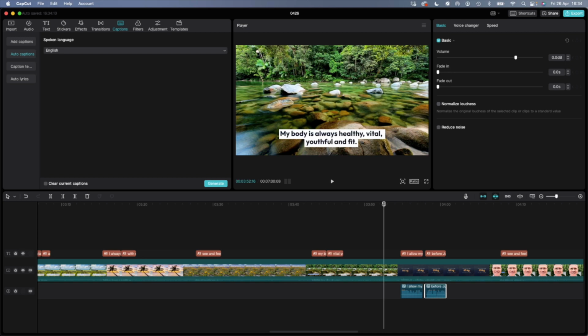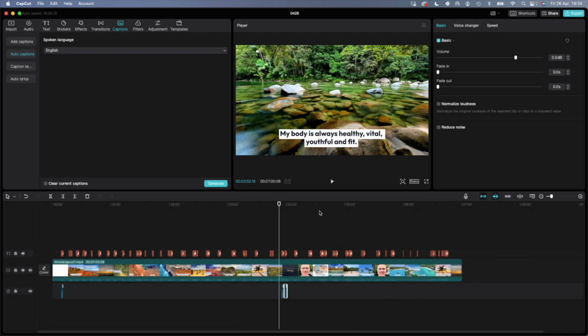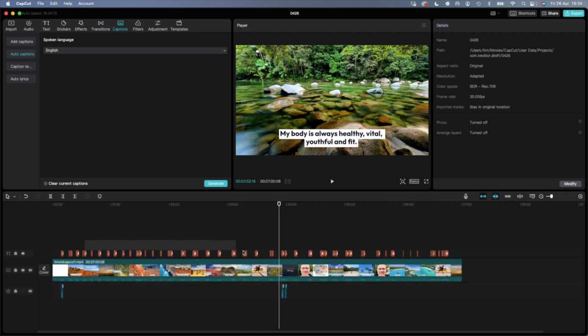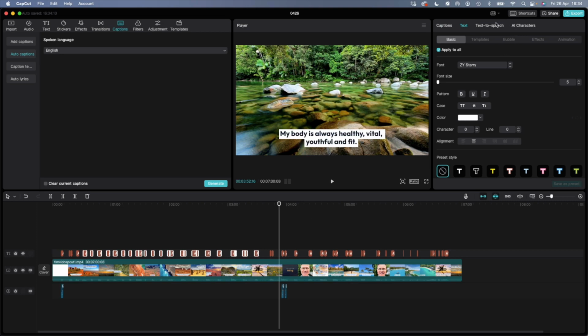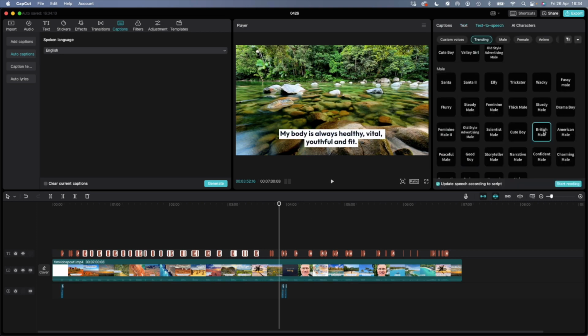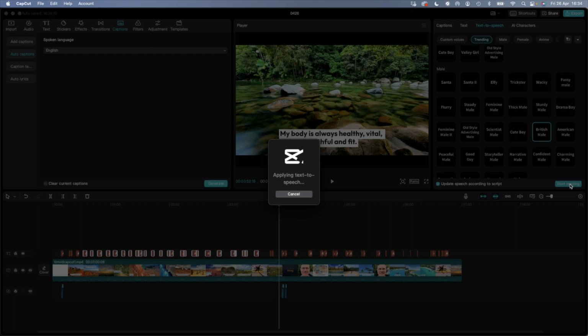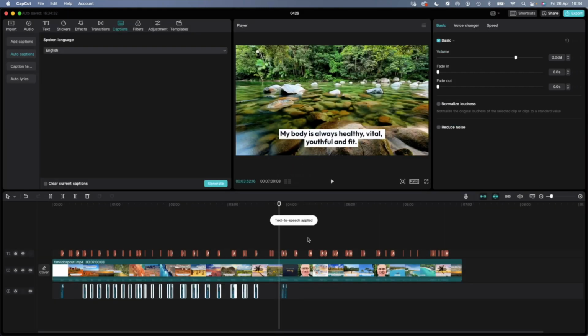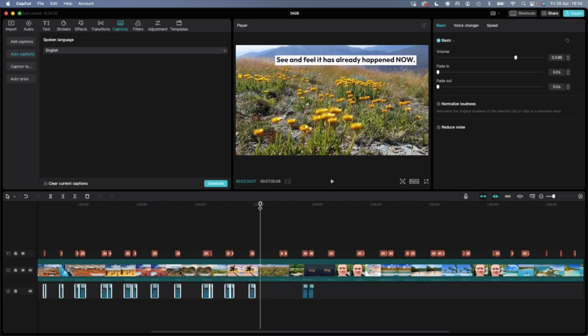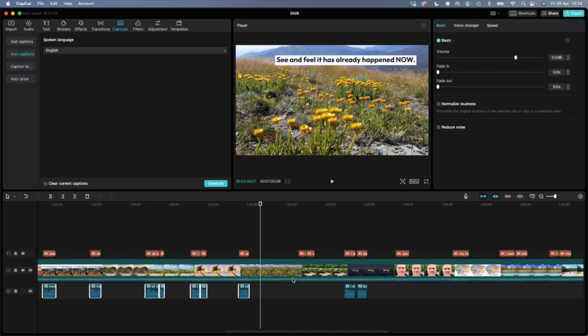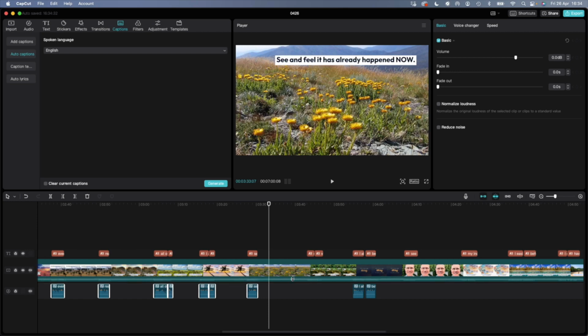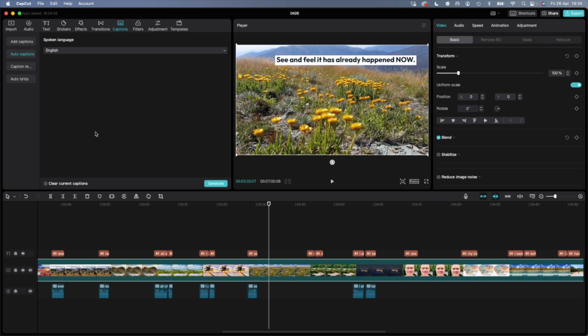Right. So assuming I do that for all of these captions, you can actually do them all at once, I think. If I go like this, text-to-speech, British Male, start reading. Yes, it'll do them all at once. There you go. And what I will do next is take this original recording, original soundtrack, audio in the original